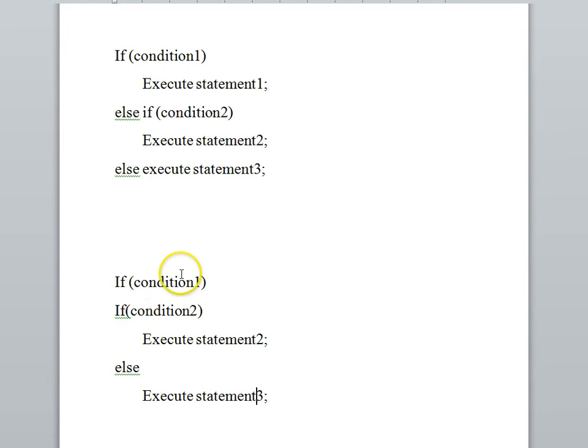Here we're going to check condition 1. If it's true, we'll check condition 2. If condition 2 is true, we will execute statement 2 and then jump to the end. If condition 2 is not true, we'll go down here to the else and execute statement 3 and then go to the end. If condition 1 is not true, we skip over all this stuff and go down to the end. In this case, the compiler associates this else with the nearest if, which is this one. So these two things go together,